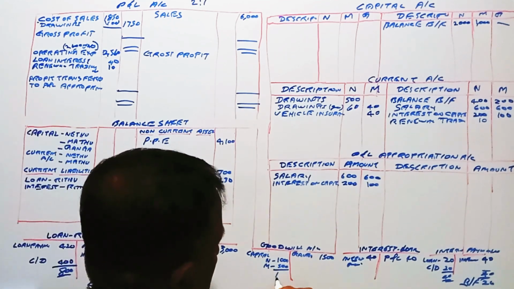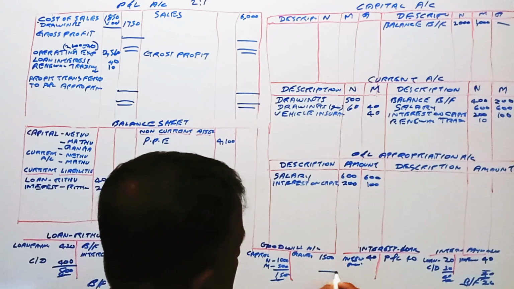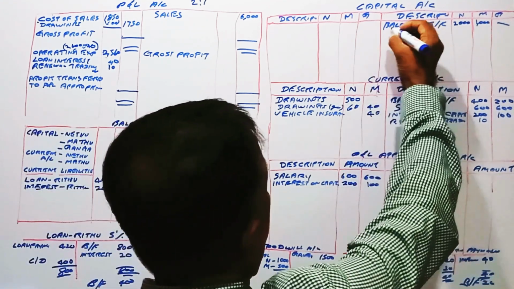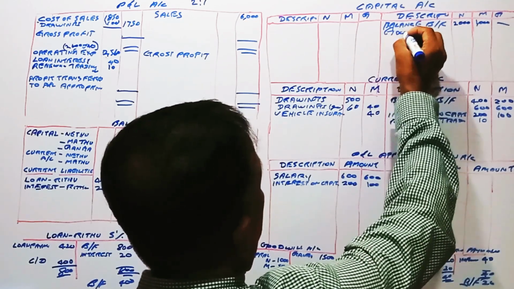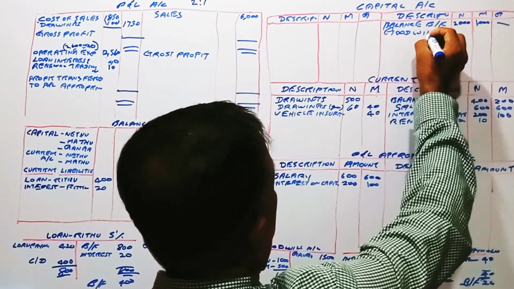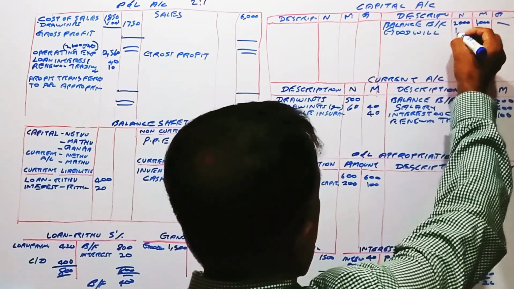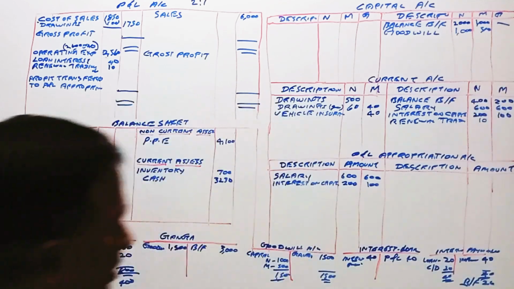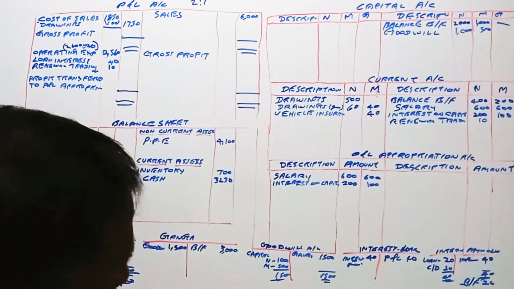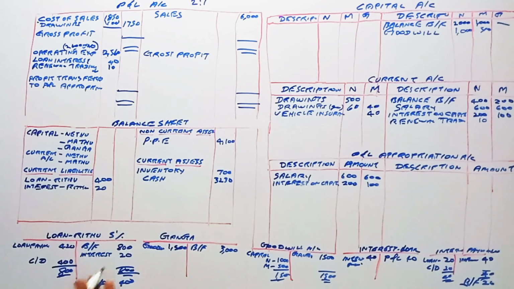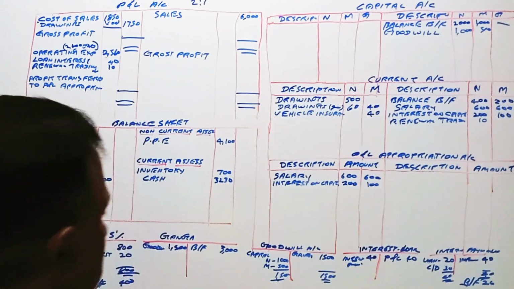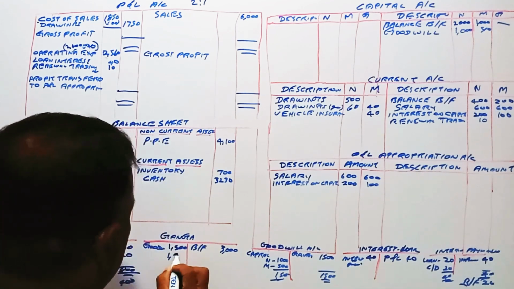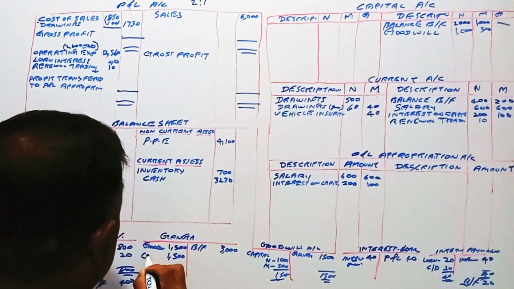Then 1,500, right? This is 1,500 balanced. So capital account, goodwill 1,500,000, right? 1,500,000, right? So here all the accounts have been balanced. The balance here is 1,500,000, balance 1,500,000 is the capital,